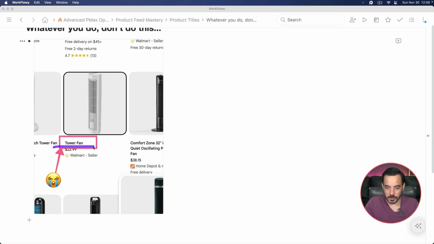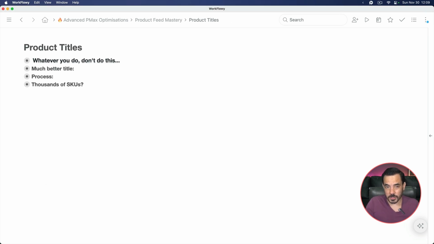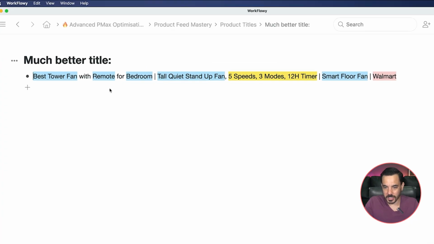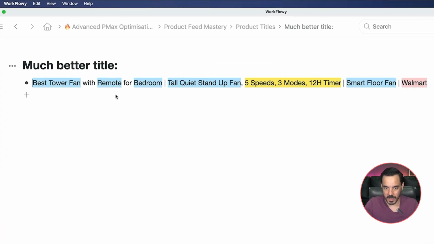You need to have these product titles well optimized and filled with keywords, right? You can go up to 150 characters in your product titles, and you want to use that 150 characters to really stuff in as many high value keywords as you can manage. So this would be a much better example of a title for that particular product. We might say best tower fan with remote for bedroom, tall, quiet stand-up fan, 5 speeds, 3 modes, 12-hour timer,